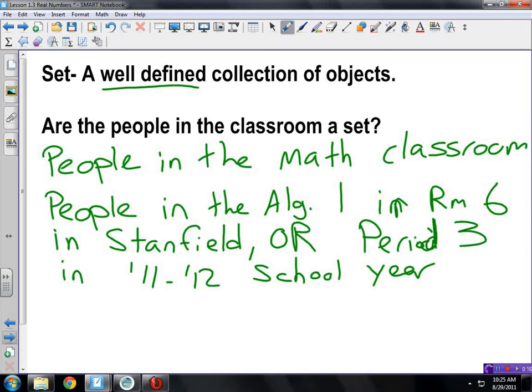Yeah, it is. Good news is, when we use sets, most of the time it's going to be with math. Math and numbers are a little bit easier to make well-defined. You don't have to go through all this, right? So math's a little bit easier to do. Right? Okay, now,